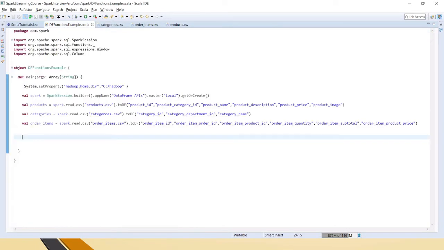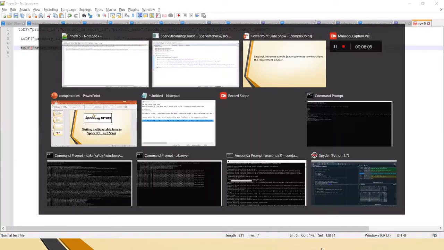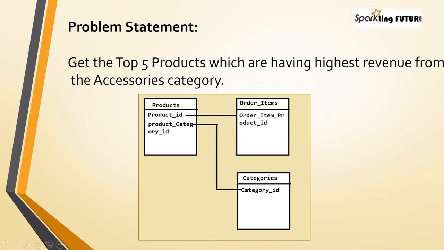So now let's see how to write the result data frame which will satisfy this condition.